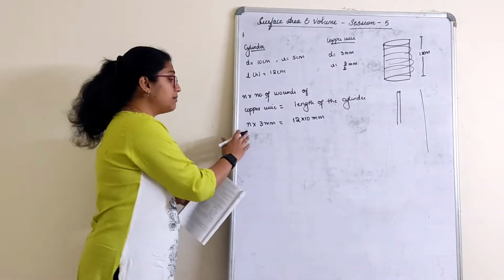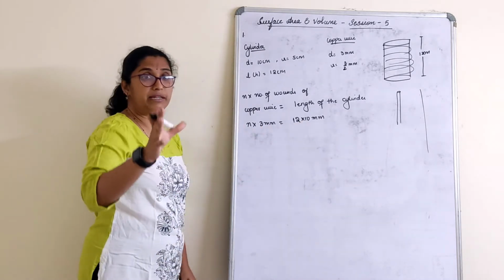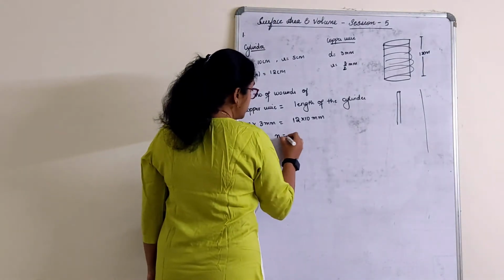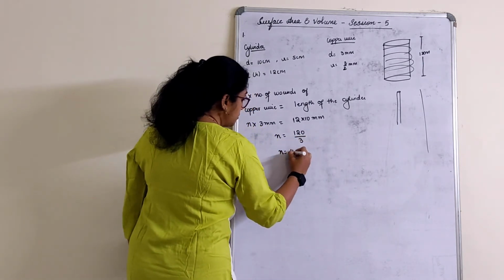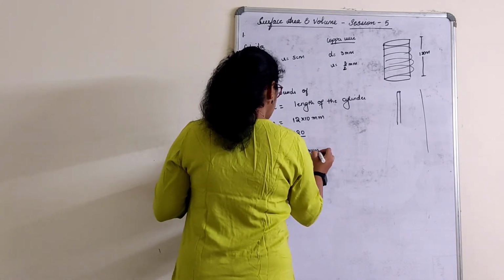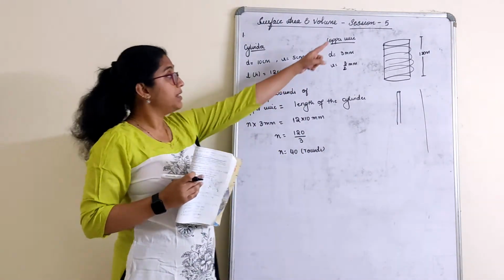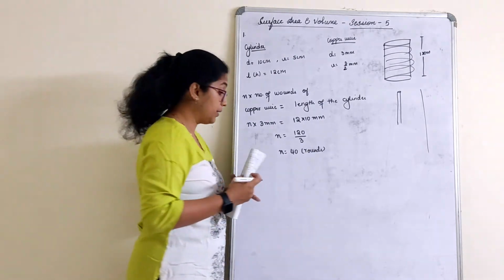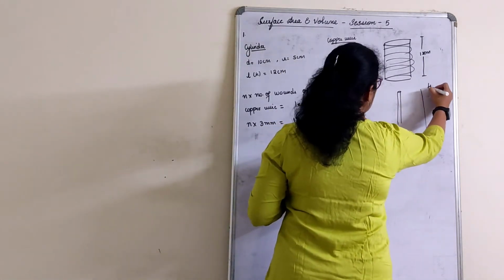See, finally I want how many rounds? Either you convert centimeter to millimeter or millimeter to centimeter. Both the entities should be in one unit only when you check the rounds. N is equal to 120 by 3. Therefore, N is equal to 40 wounds, or 40 rounds I can tell here. Such 40 rounds if I do, it will cover the length of the cylinder. This part is very clear? Okay. Further we do it now. I'm going to erase this part now. I'll just write here 40 rounds.